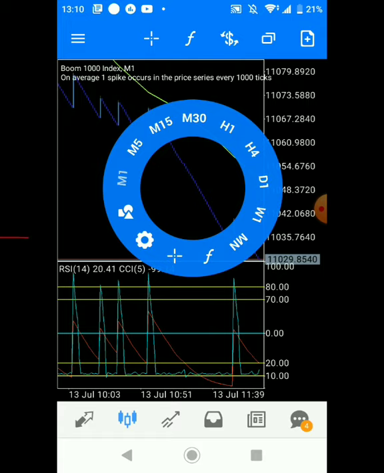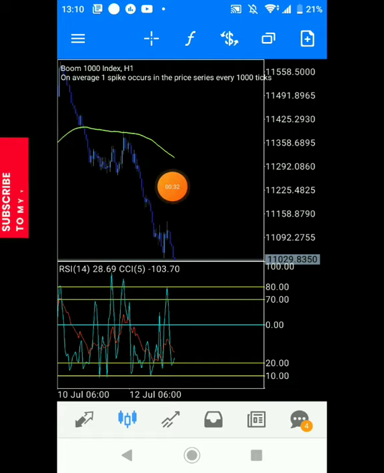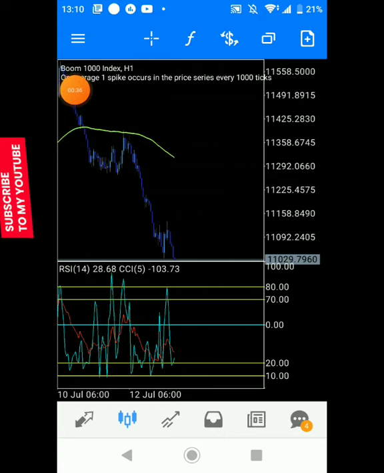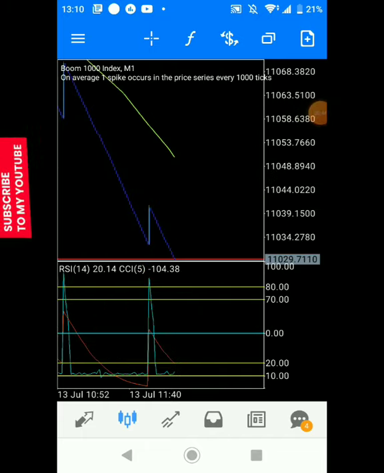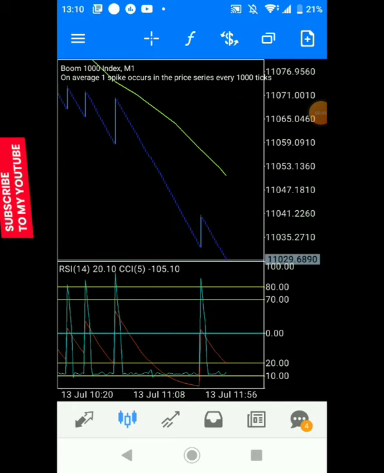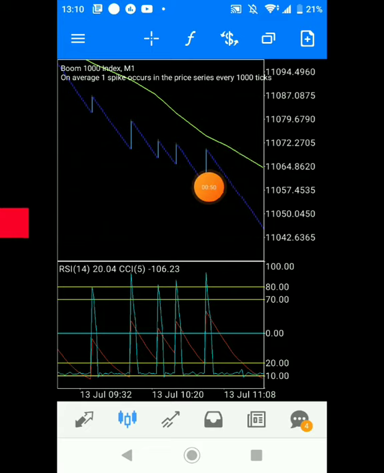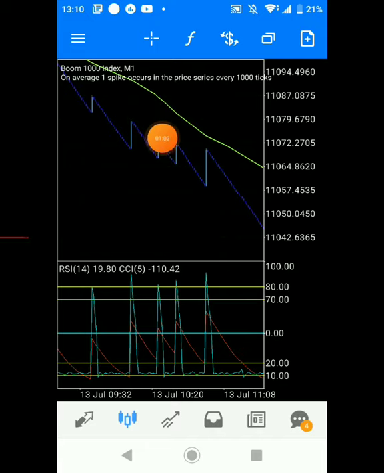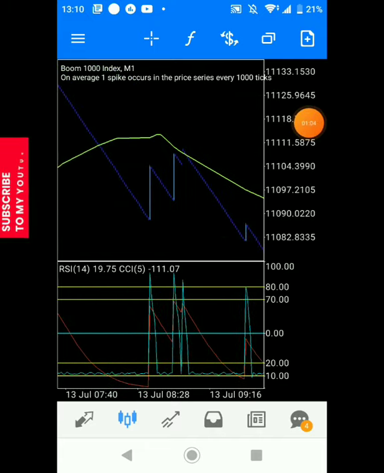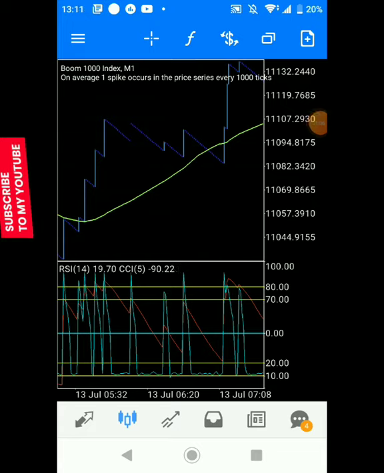And to know the trend, you want to go to a higher time frame. Once you go to a higher time frame, this is the H1 time frame, and you can see that this is a massive sell. The moving average is above price. So what do you do in this kind of strategy? You look forward to more selling opportunities, and if you look very well, you also see that the spikes coming in are very few. A little spike, a weak spike, a long candlestick, a little spike, a long candlestick move. So this already should tell you that I should look forward to selling more than buying.